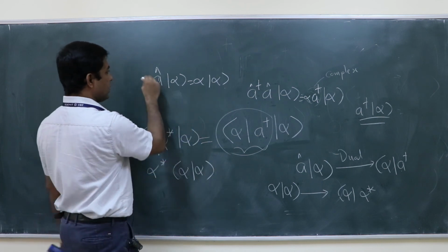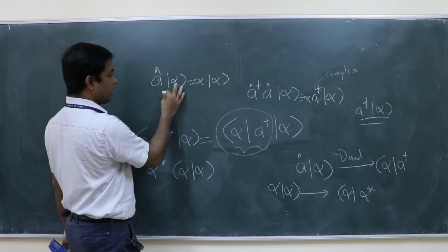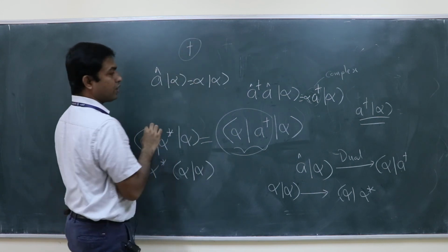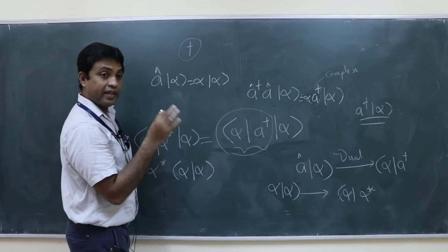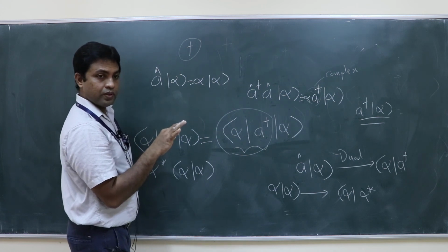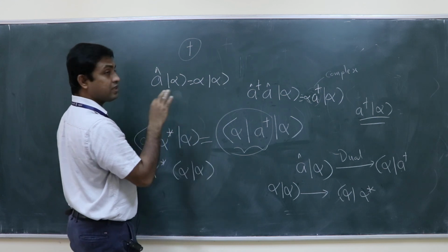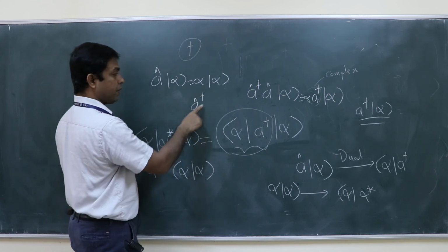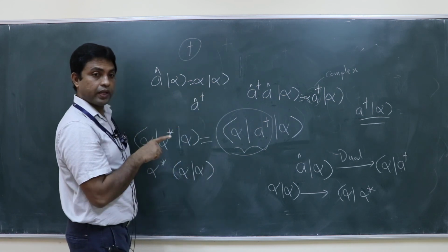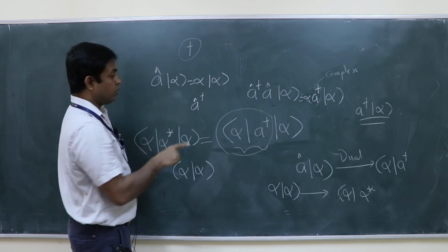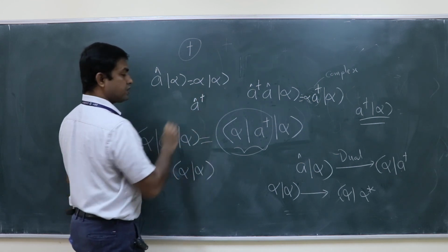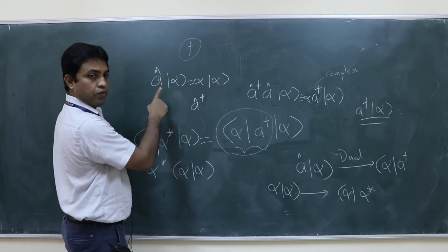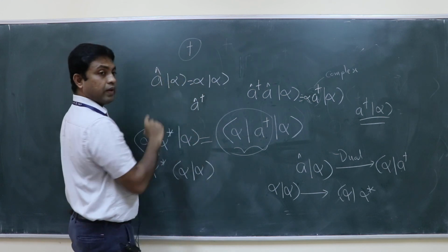Okay, what you are saying? See, it's not applying dagger, because applying dagger has a different meaning. That you can only do in the case of matrices. In the operator's case it is the adjoint. If I have an operator and I apply a dagger, I am finding the adjoint of that operator. So I have an operator A, and if I do this, it is the adjoint of that operator. But this is a vector. Vector dagger, what does it mean?